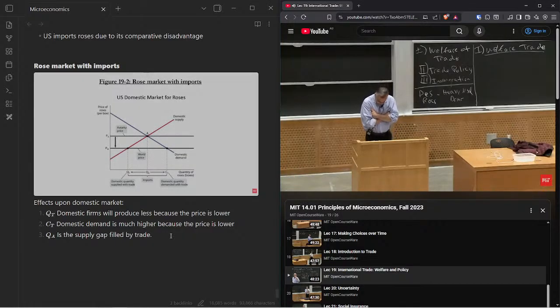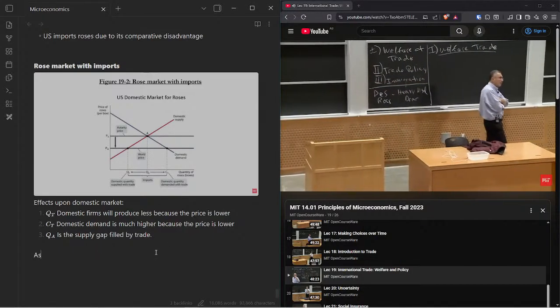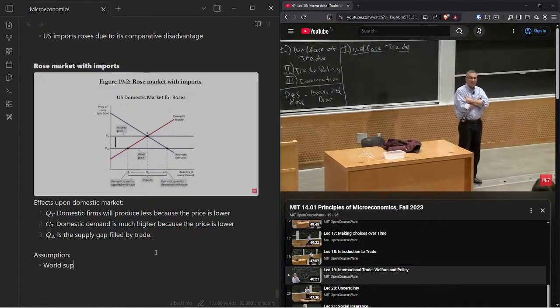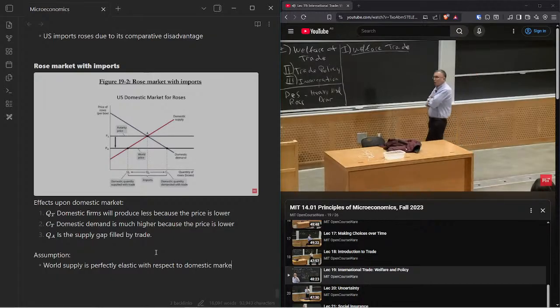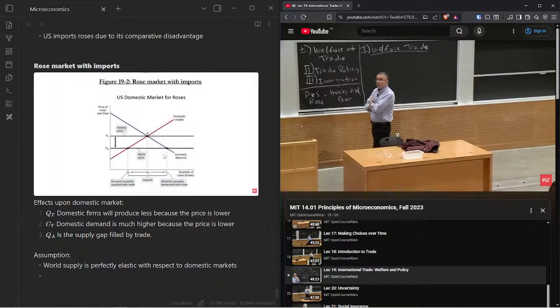And now we're going to assume that world supply, here's an important assumption. This is a very important assumption often made in trade models. World supply is perfectly elastic with respect to domestic markets. Let me restate that. We're assuming that world supply is perfectly elastic, as in